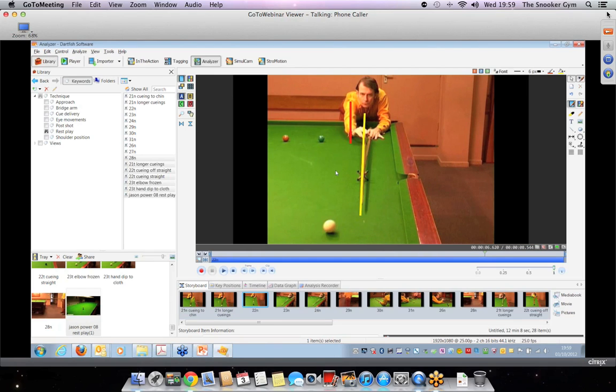You can see that the elbow here is 180 degrees, and completely straight, because the arm is relaxed, the elbow is relaxed, and the grip hand has been allowed to open completely. So if we remove that and use the rectangle clone tool,